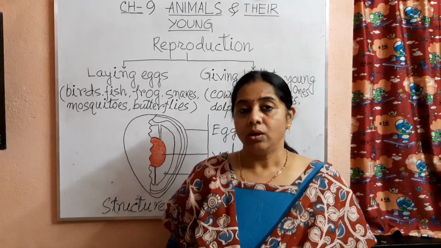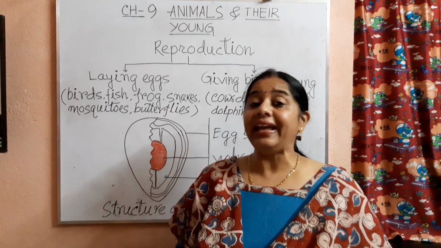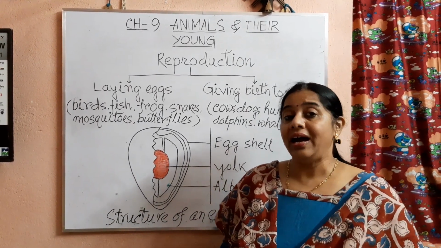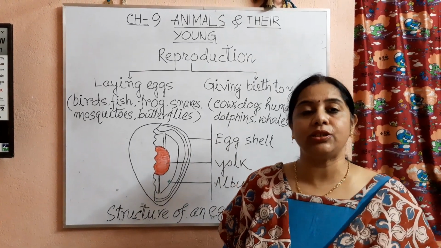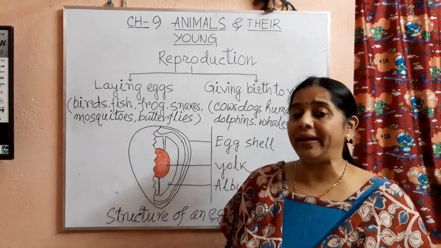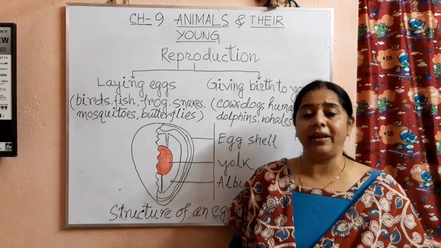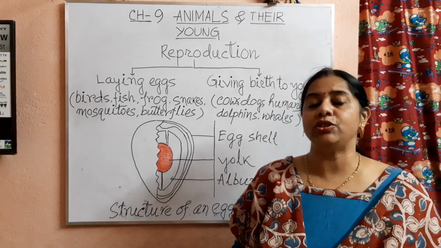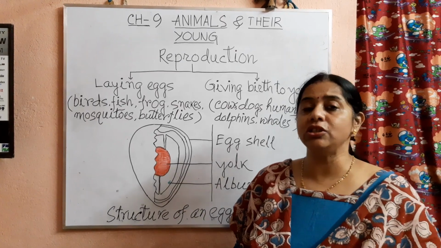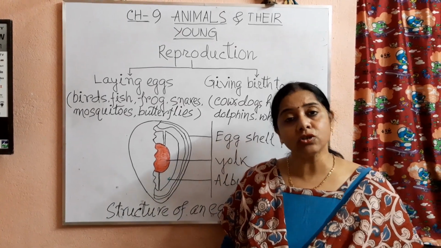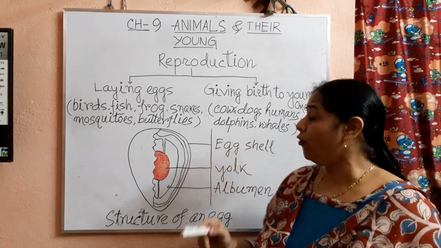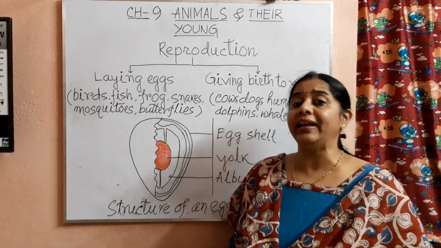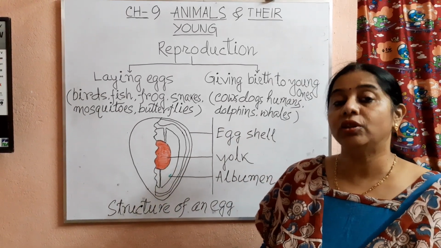Now students, the egg-laying animals, they lay eggs and after some time, when the eggs are kept in some warm places or one of the parents, that is mainly the mother, sits on the egg and makes it warm. Then after some days, the egg hatches into a young one. Understood? So children, before discussing different egg-laying animals, let us study the structure of an